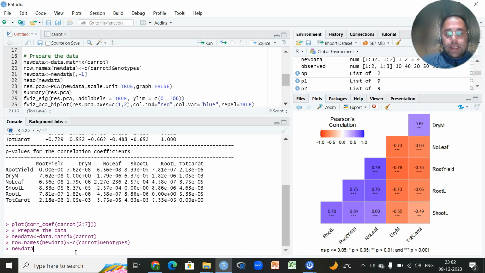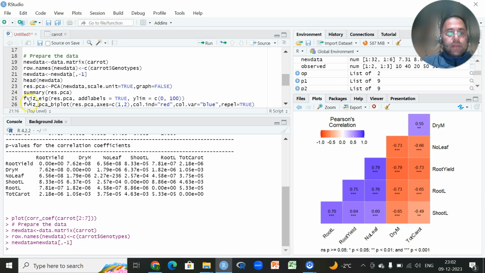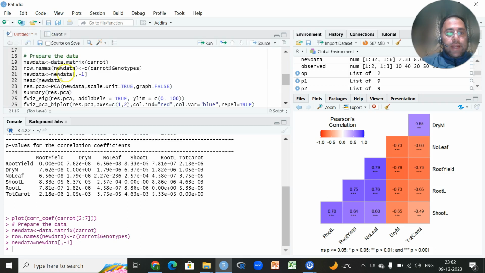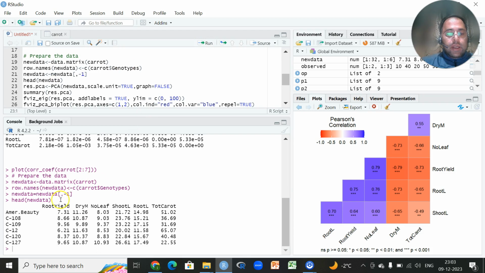Suppose we'll write anything, followed by the assignment operator, and I will again write new data, then put square brackets, comma, -1. Since we have to perform the analysis based on these 6 variables, and the first variable is my genotype, in order to exclude that, we will put minus before the position of that variable. Then if I click on new data, it will give us the results regarding the first few